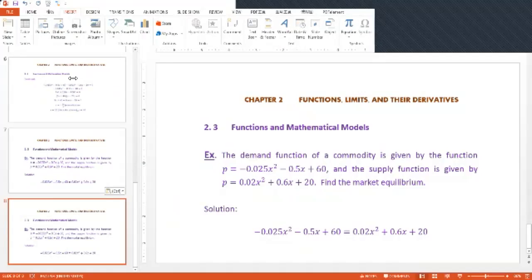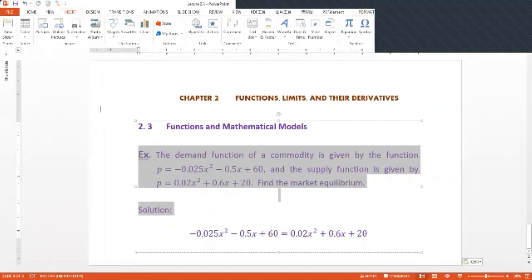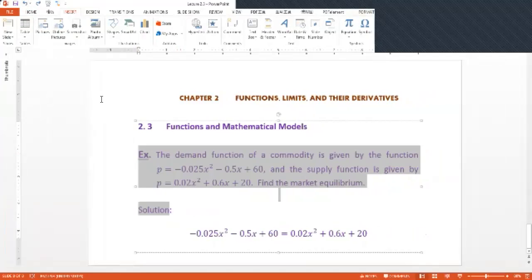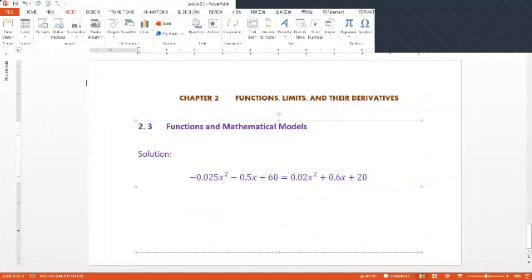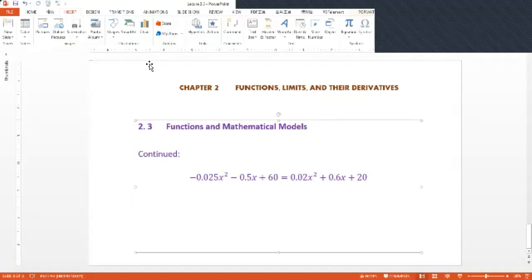Let's continue. Oh, sorry about it. I don't need that. Okay, just delete this and this. Okay, so let's just continue with this equation and try to solve it. We can start from